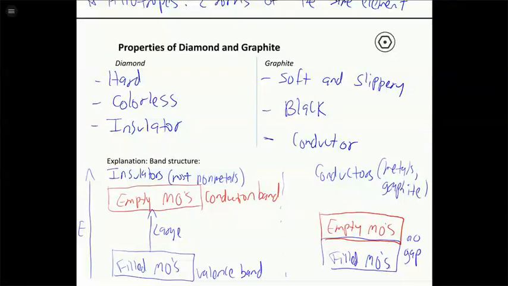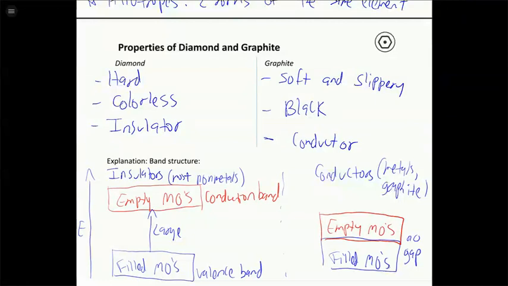I'm okay. So the filled molecular orbitals and the empty molecular orbitals are right on top of each other. When you have these delocalized pi orbitals, there's a smaller gap between them, and so they sit right on top of each other and you're able to conduct. Okay? So these are the difference in the band diagrams between insulators and conductors.